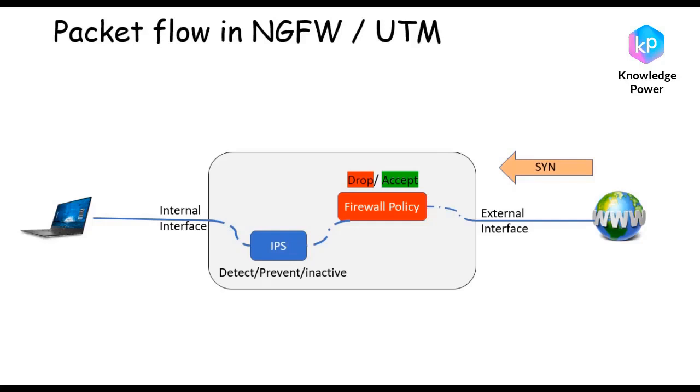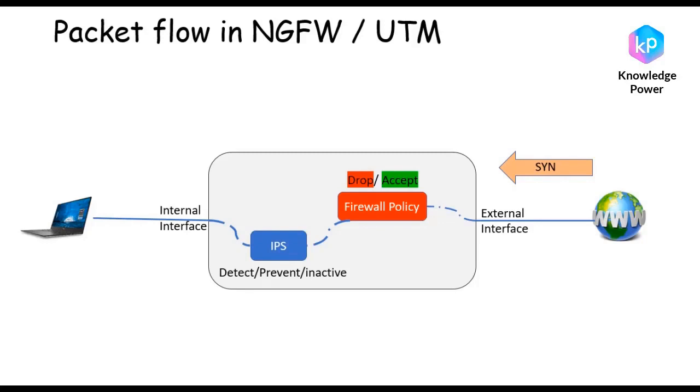And the traffic, okay, so we have the internet and we are trying to open access to our server inside our network, and we are sending SYN traffic. So first the traffic gets to the external interface and it's being checked against the firewall policy. The firewall policy is basically allowing traffic based on source, destination, or a port address, either dropping that